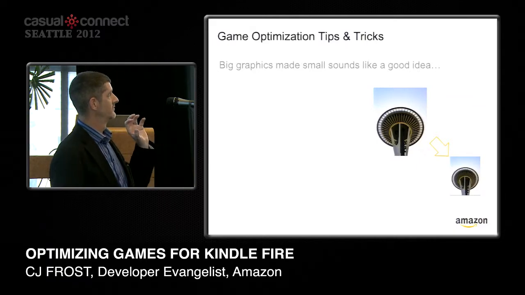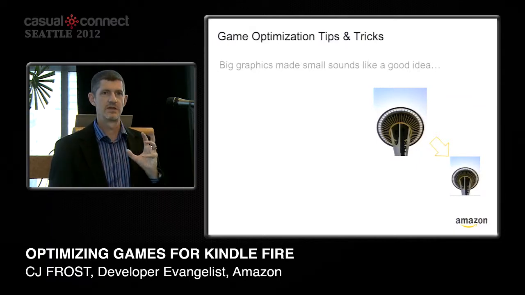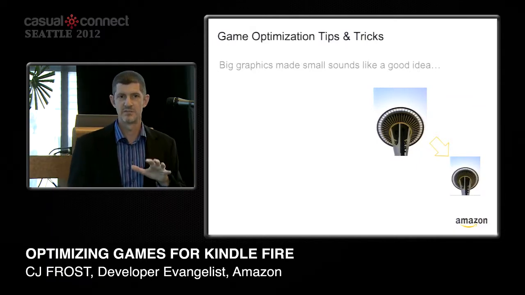The most likely thing the developer thinks is the best idea is to take a big graphic and scale it down to a small graphic. So take a really big picture, pull it onto the Kindle Fire device, and then scale it down to the resolution of the device. It's a very logical idea,